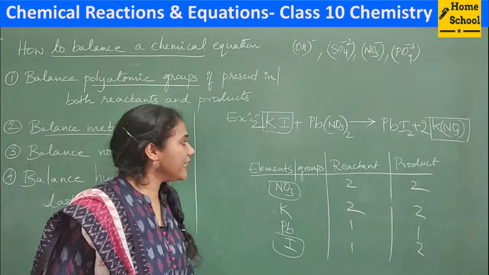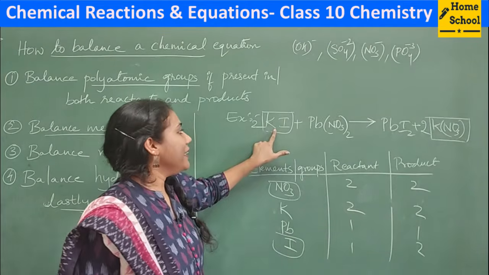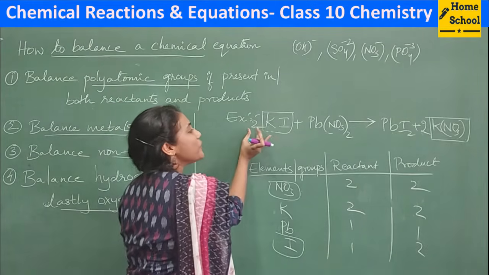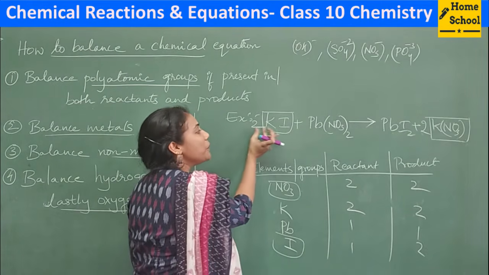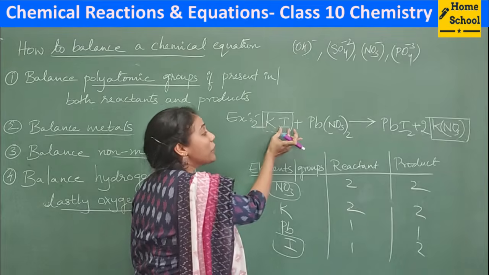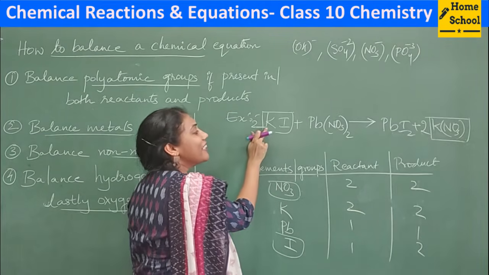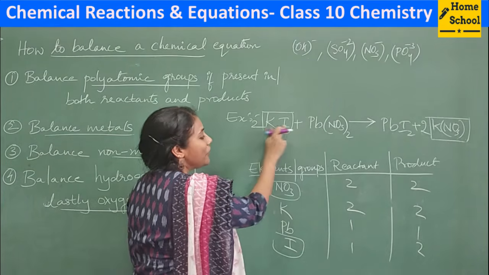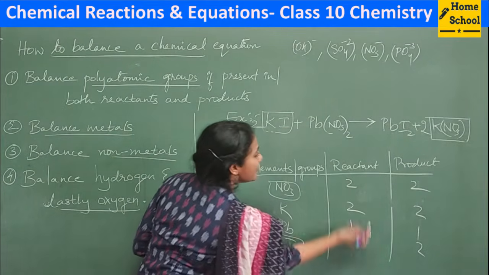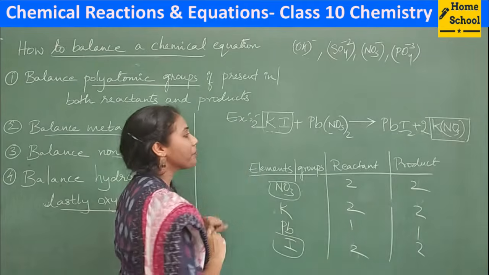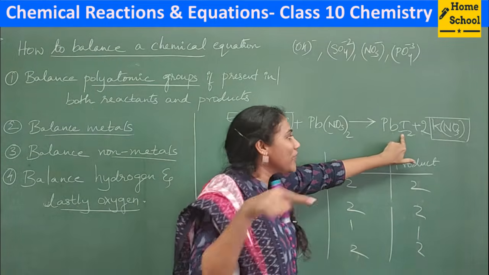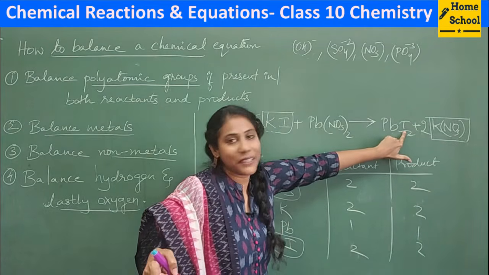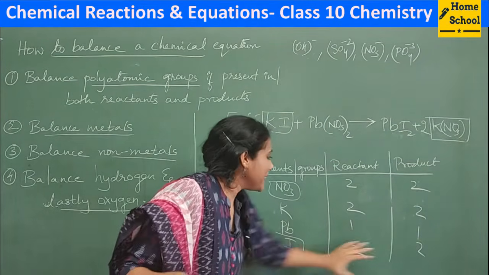And now you check the iodine. Iodine in the reactant side, how many iodines are there now? Once you have put this 2 belongs to potassium, this 2 belongs to iodine also. It means that there are 2 potassium atoms and 2 iodine atoms. Okay, so now how many iodine atoms in the reactant side? It has become 2. And how many iodine atoms originally there in the product side? 2. We count these 2 atoms of iodine. So iodine is balanced.